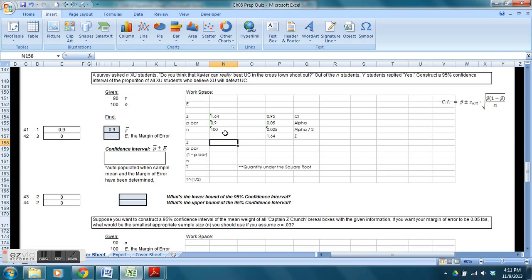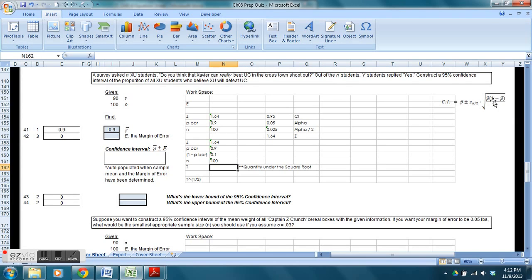So now we can just start to plug this stuff in, and we will repeat z, and we'll repeat the p bar. Our 1 minus p bar equals 1 minus p bar. Our n, we will repeat that, and our t,